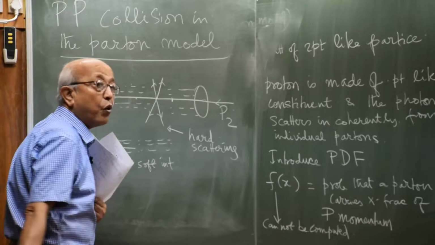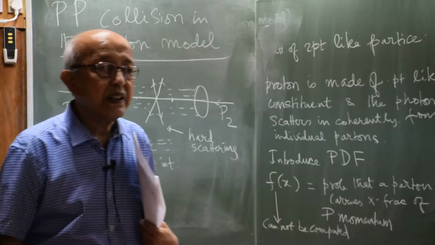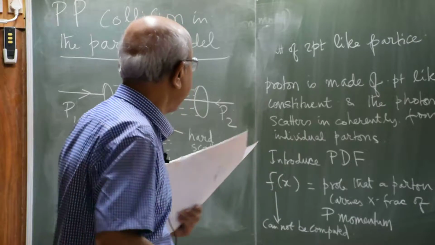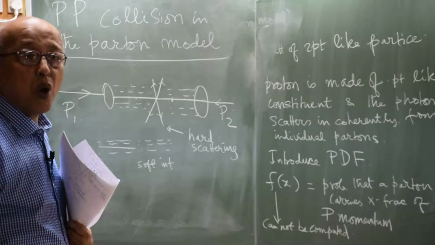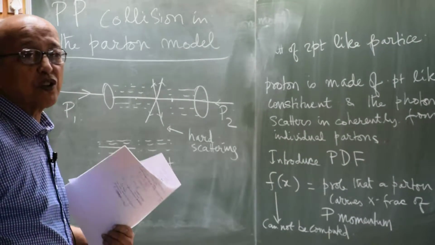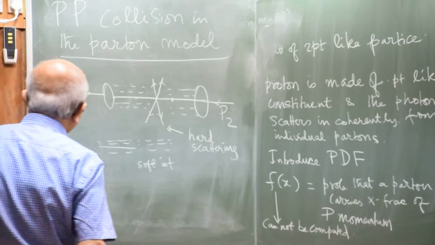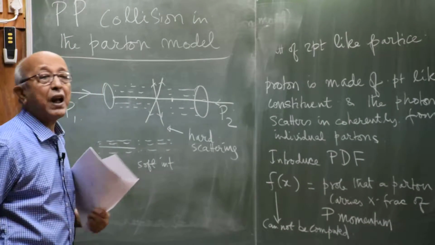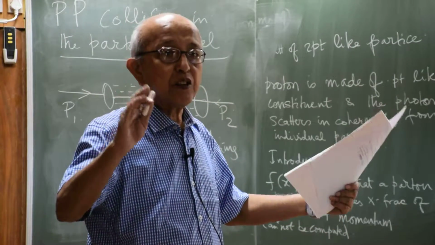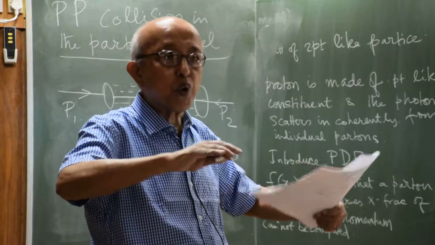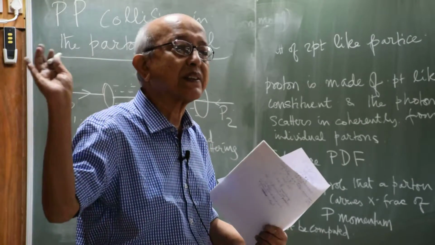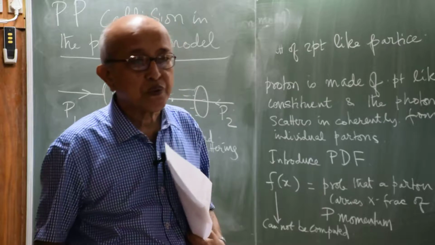High probability. Once in a while there may be a high PT interaction, not always. That is, the probability of a high PT interaction in this case is small, and the probability of having low PT or soft phenomena is large. Now, whatever happens here can be lumped into the X. That is, PP is scattering, producing some hard scattering plus some X which are not observed.